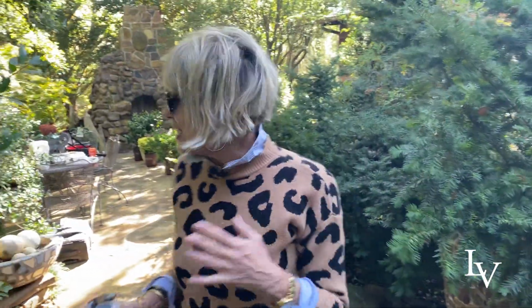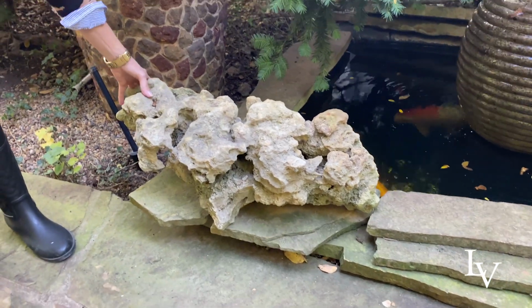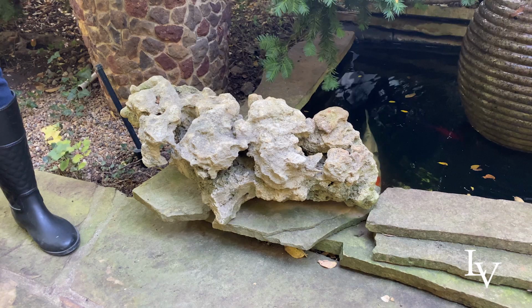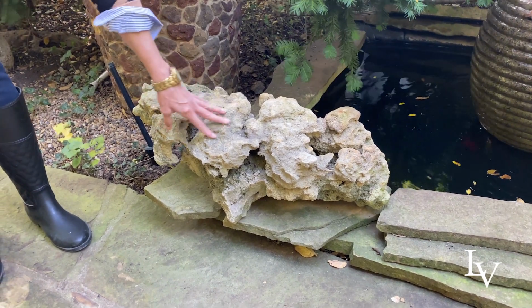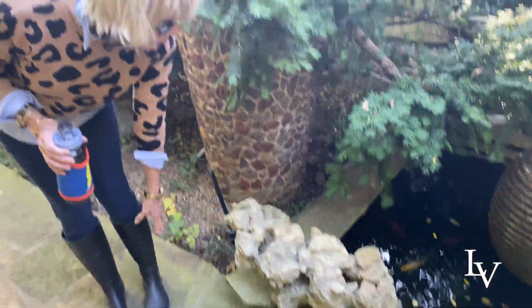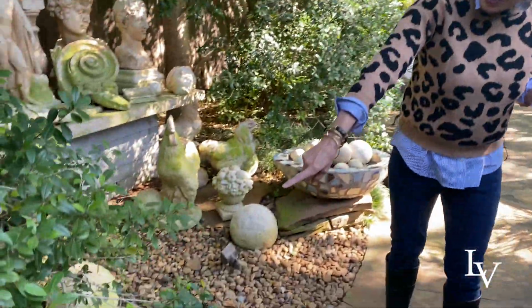And then because in addition to being a landscaper's office, there's just so many wonderful curiosities here. I think John is something of an anthropologist, and he has all sorts of wonderful, really fun things, and I just love this. Look at the organic nature of that. You could plant sedums in there. You could use that on a mantelpiece, inside or outside. I just love it. So over here, we've got